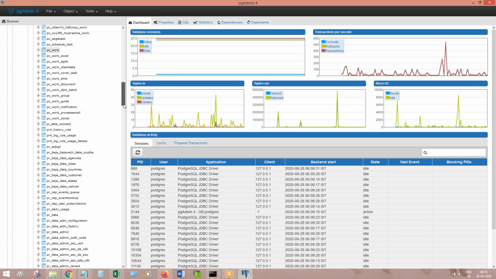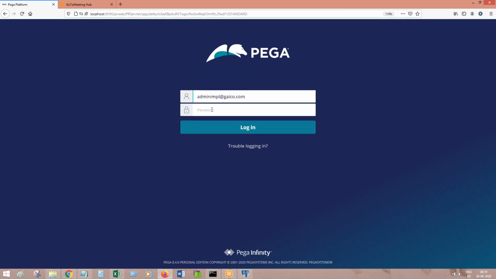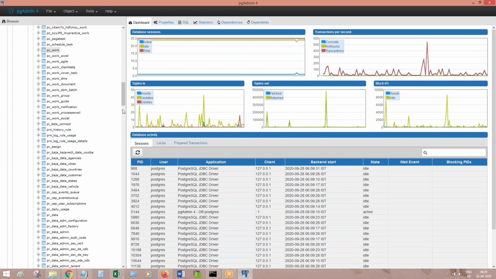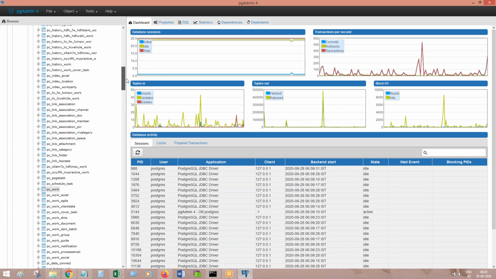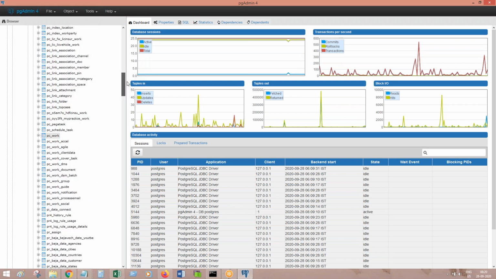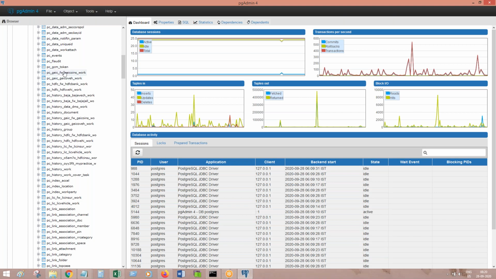Now you go to the specific work table of our work objects, GEICO, right? So PC underscore GEICO underscore something. This one, right?